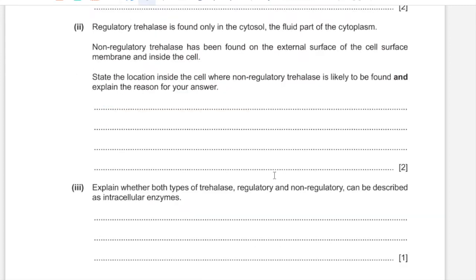2. Regulatory trehalase is found only in the cytosol, which is the fluid part of the cytoplasm, whereas non-regulatory trehalase has been found on the external surface of the cell surface membrane and inside the cell. State the location inside the cell where non-regulatory trehalase is likely to be found and explain the reason for your answer. So non-regulatory trehalase enzyme